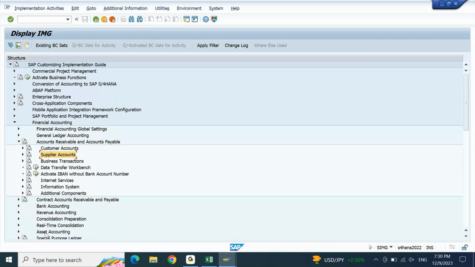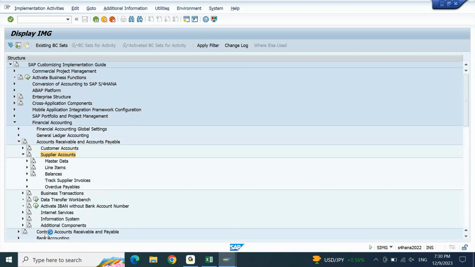Now we are talking about accounts payable. Accounts payable, according to us, is all about vendor. Now vendor is also called a supplier. You open the setting called supplier. Inside the supplier, there are different settings. Let us open master data. If you open master data,